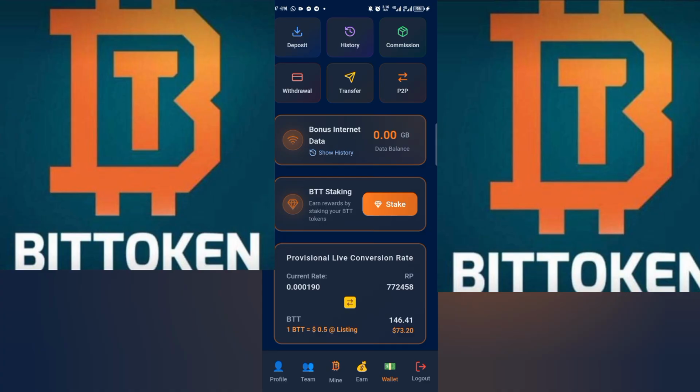Okay, so you're going to be sitting right to the end of this tutorial so that you actually know how to stake your BTT, because a lot of people don't know how to stake this BTT. They end up accumulating it, probably withdrawing it when it gets to 1000 BTC. But the best thing you could do for yourself, as long as this platform exists, and the future I'm seeing in this platform, is to go ahead and stake your BTT so that it's going to earn you more.